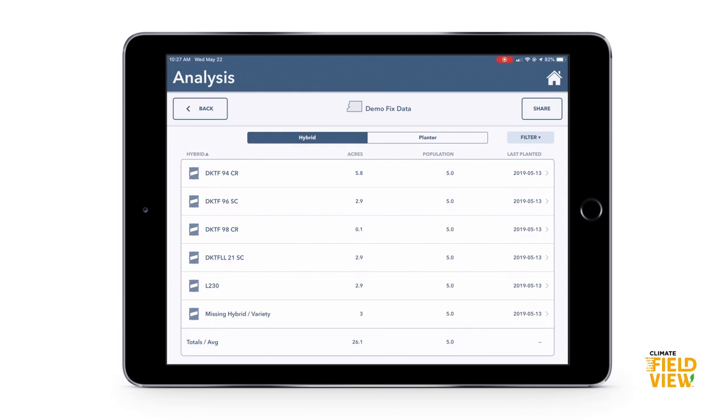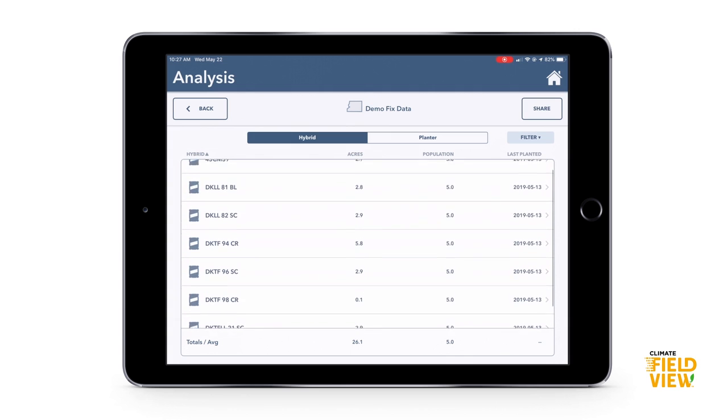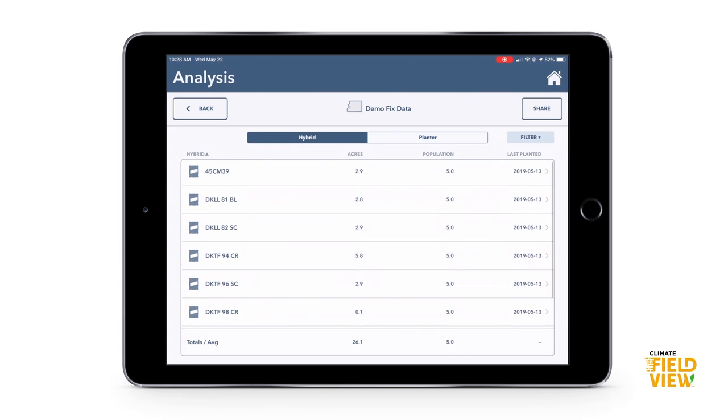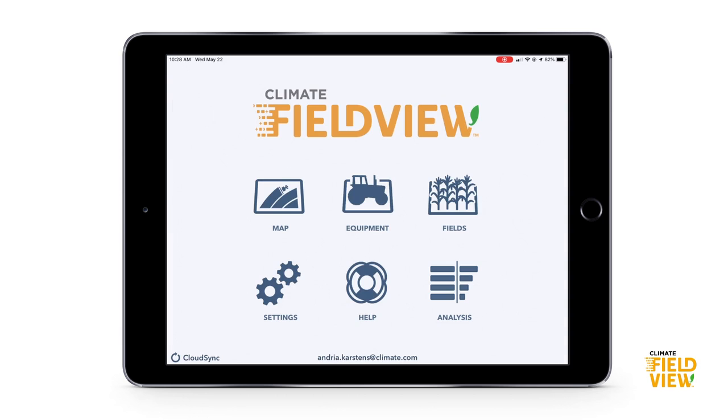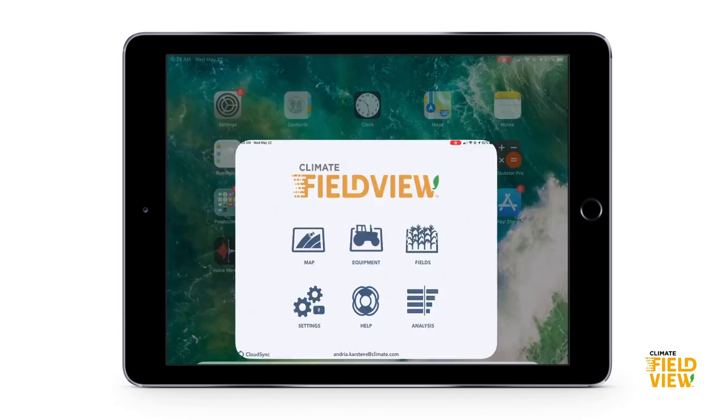This means that most of that hybrid was named missing, and we just need to change the missing name to DKTF98CR, and then we'll have a total of 3.1 acres, which makes sense when you look at the rest of the hybrids and they have 2.9 acres. All of the hybrids will then have a similar amount. To change that unknown and missing hybrid to